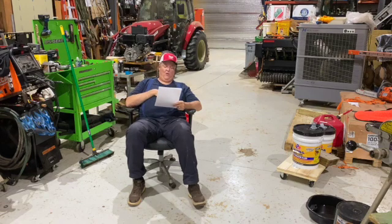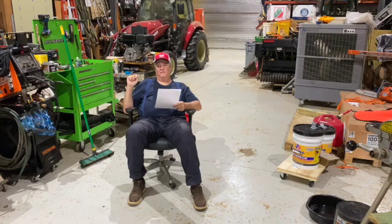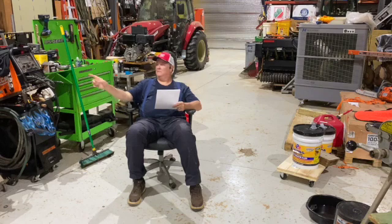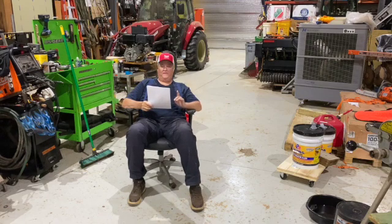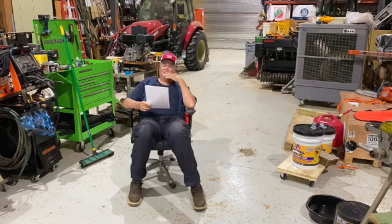He came back and quoted me $70,900 with 2 remotes, the power beyond, and the third function valve up front for the 4052. For the 4066 it was $76,700. Okay, looking at the tractors,